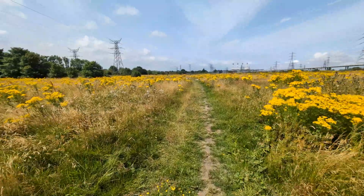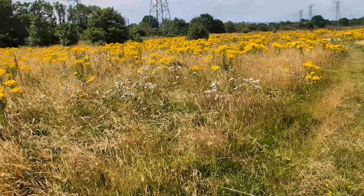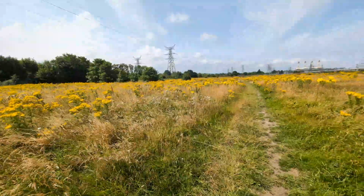Fields of gold. Look at that. It's a Sting hit record, isn't it? I don't think he was referring to the ragwort in the...